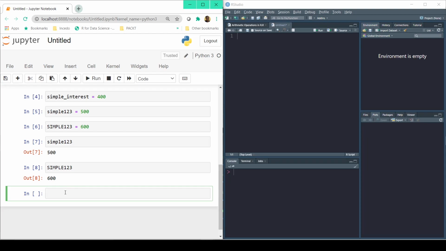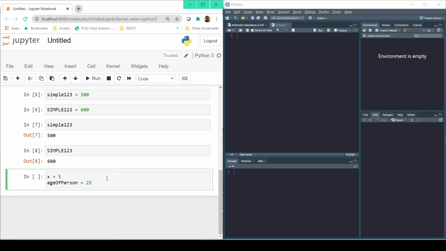And while we name a variable, it would always be good if we try to give a name in such a way that it is easy to understand what this variable means. Rather than having x equal to 5, if what we mean is the age of a person, we can say age_of_person equal to say 25. So that when we go deep down into our 300 or 500,000 lines of code, we know that it is not x, it is age of person.